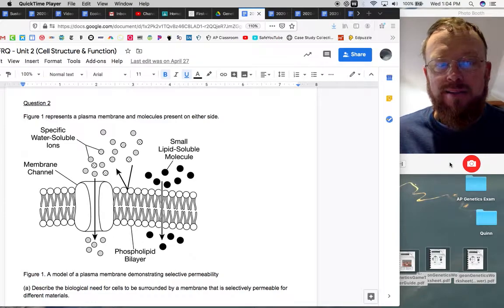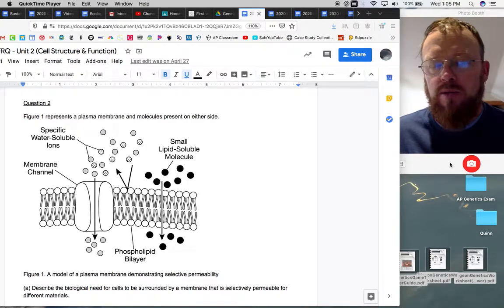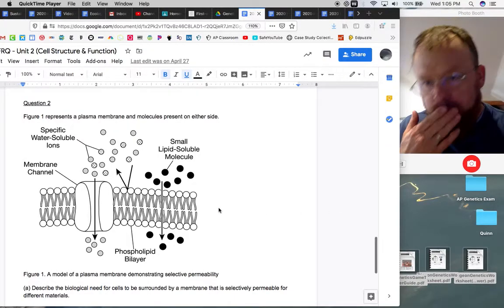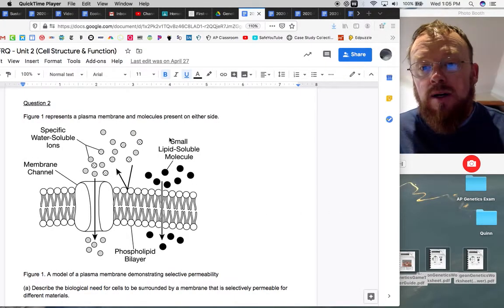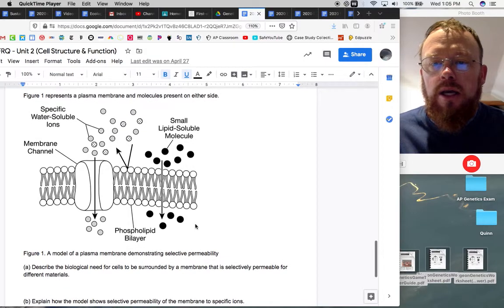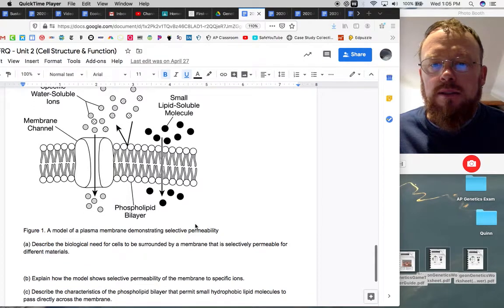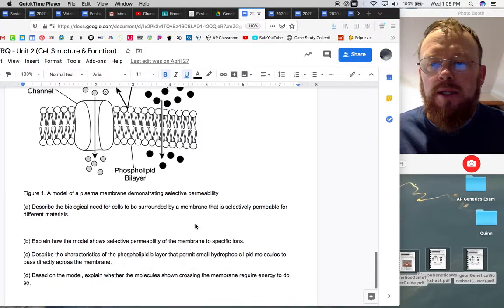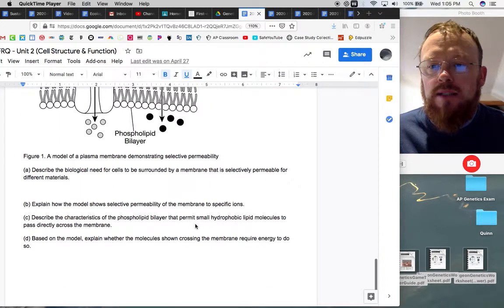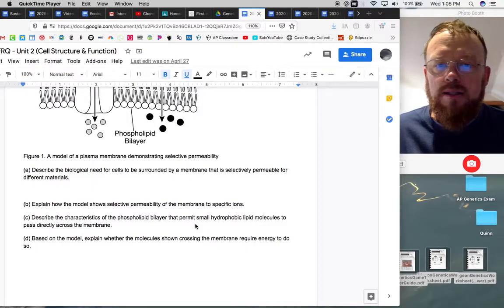Okay, here is unit number 2, question number 2. And in this one, you're given a model diagram of a plasma membrane. Part A says, describe the biological need for cells to be surrounded by a membrane that is selectively permeable for